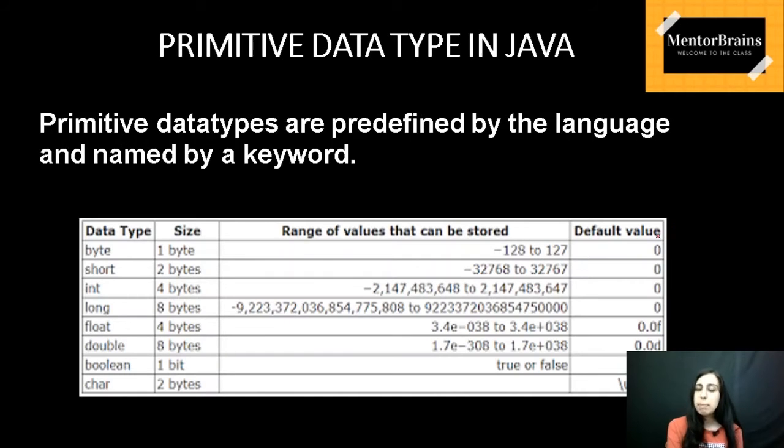Now what do I mean by default value? Default value means if you are not initializing or giving a value yourself to the data, then in memory it is going to store that variable's value by default as 0. If you are writing byte a semicolon, then it will itself store a value of 0 in the data. Okay, so these are the default values.